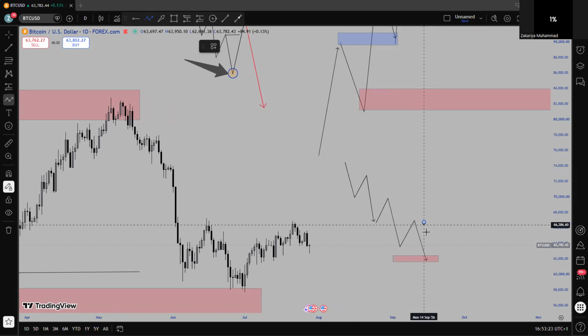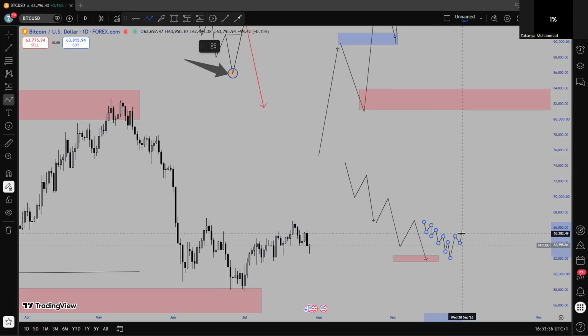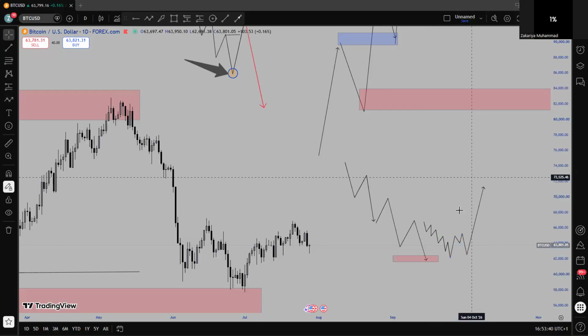In lower time frame, we may see something like this: lower low, lower highs, lower low, lower highs, lower low, lower highs, lower low, lower highs. Then the market taps into our zone, then gives us market structure shifts, liquidity if there's need of liquidity, then we continue for our buys. And that buy is a corrective move from the